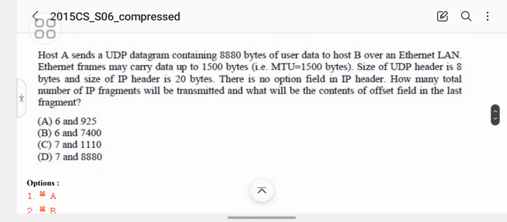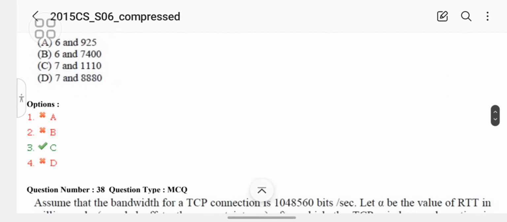Question 37: host A sends a UDP datagram containing 8880 bytes of user data to host B over an Ethernet LAN. Ethernet frames may carry data up to 1500 bytes in size. The size of the UDP header is 8 bytes and the size of the IP header is 20 bytes. There is no option field in the IP header. How many total IP fragments will be transmitted, and what will be the contents of the offset field in the last fragment? So for this our answer will be C, that is 7 and